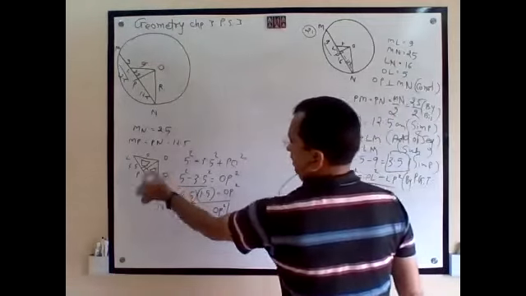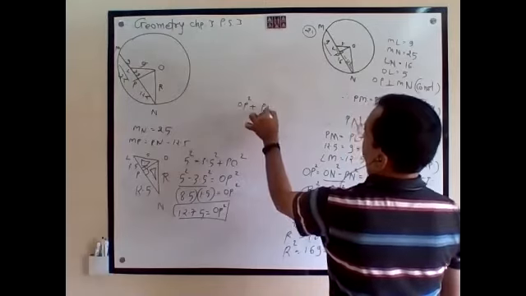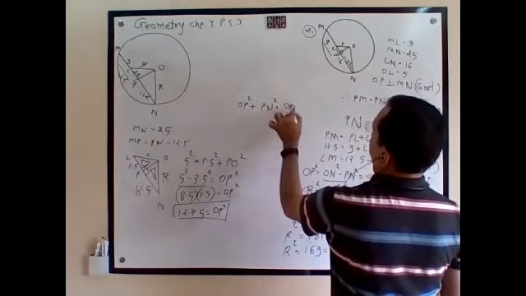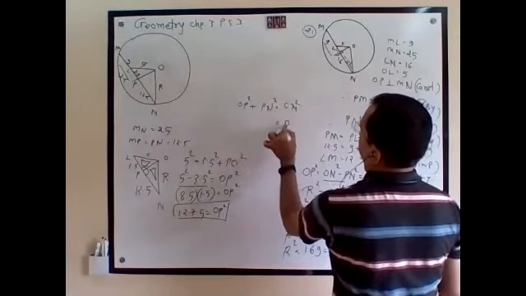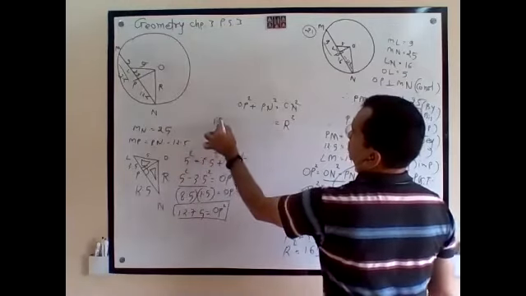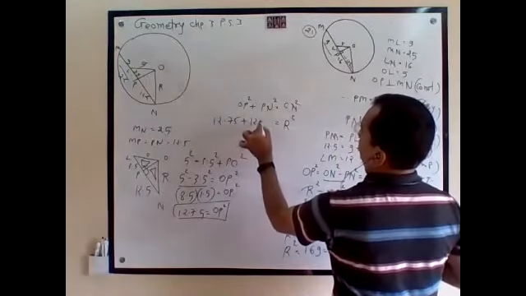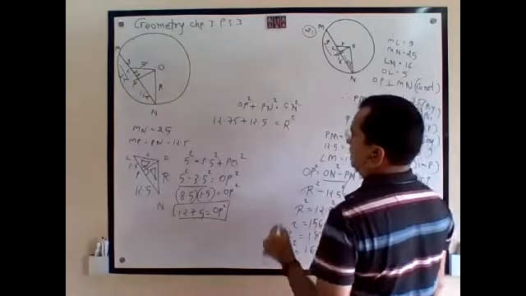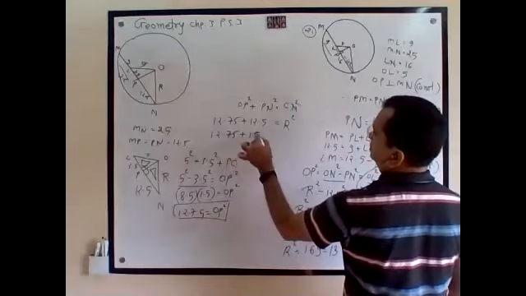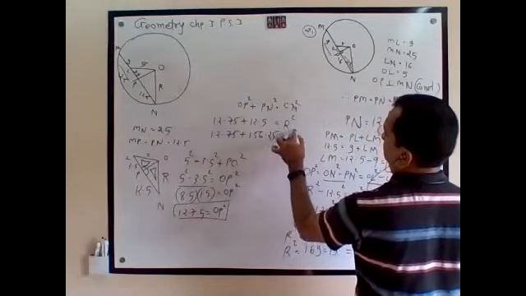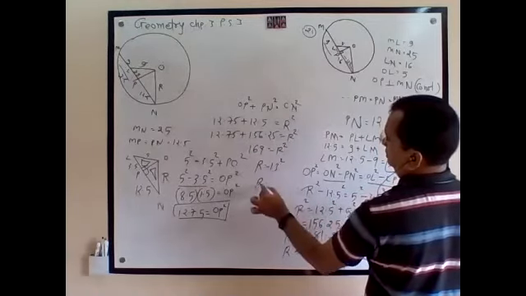Now in this triangle, now you got OP square plus PN square is equal to ON square. ON, so that is radii square. OP is how much? 12.75. PN is how much? PN is 12.5. Correct. So 12.75 square plus 12.5 square is equal to 156.25. So it is 169. So R is equal to 13.